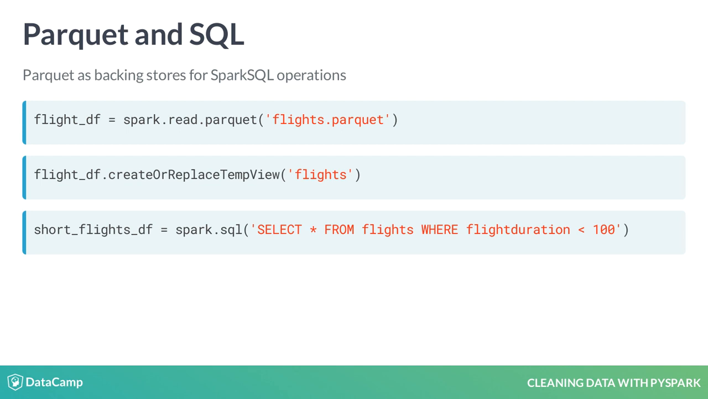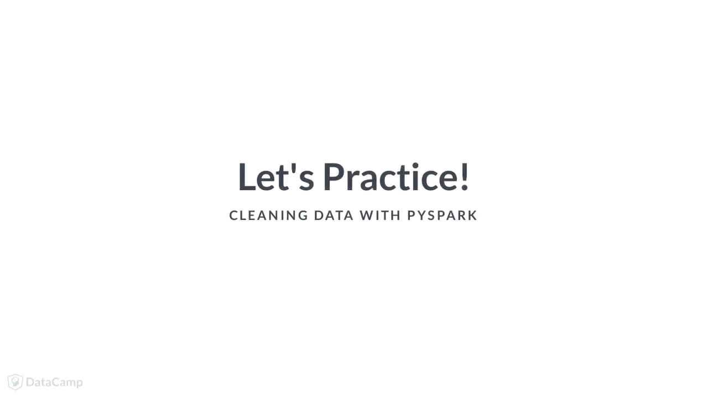In this case, we're looking for all flights with a duration under 100 minutes. Because we're using Parquet as the backing store, we get all the performance benefits we've discussed previously, primarily defined schemas and the available use of predicate pushdown. You've seen a bit about what a Parquet file is and why we'd want to use them. Now let's practice working